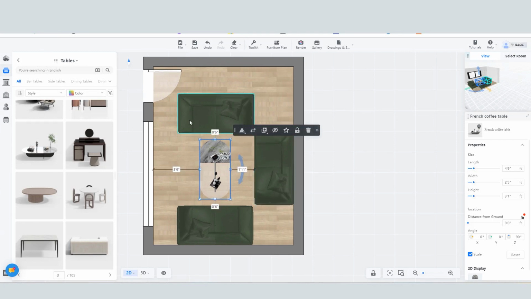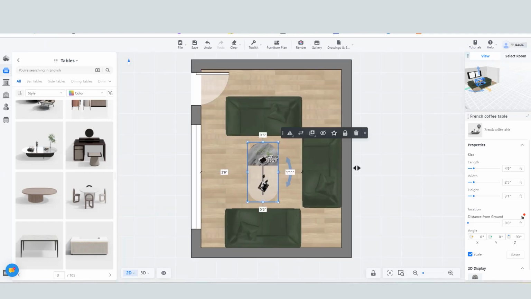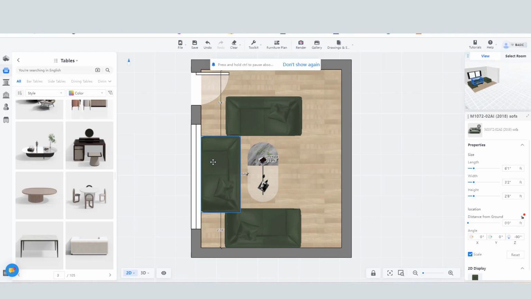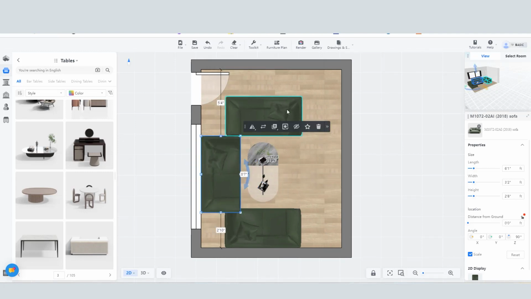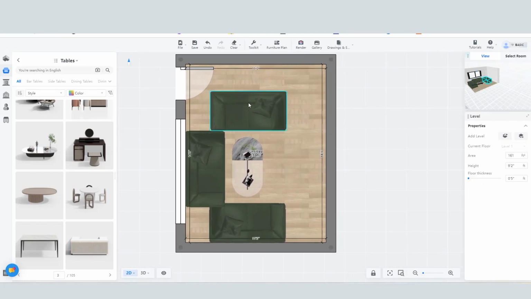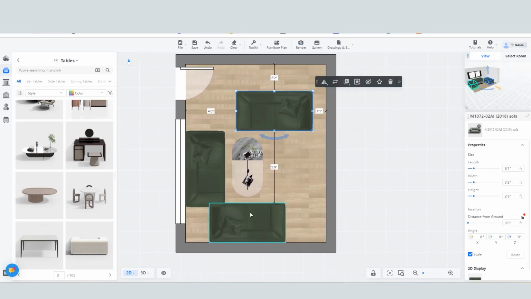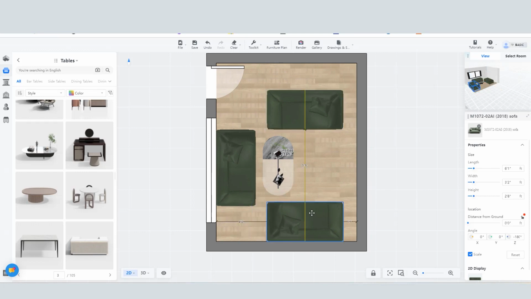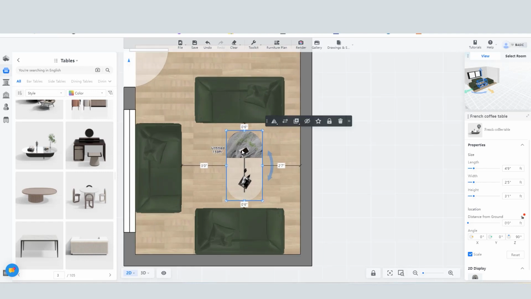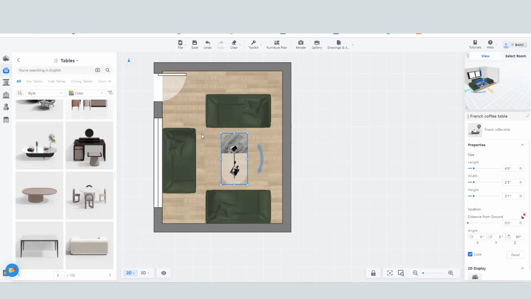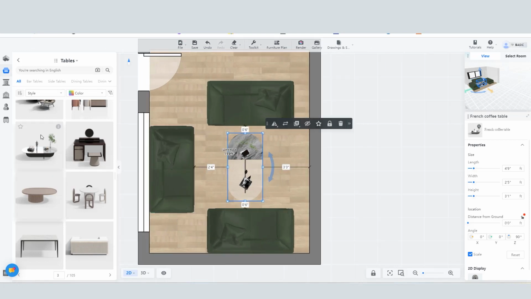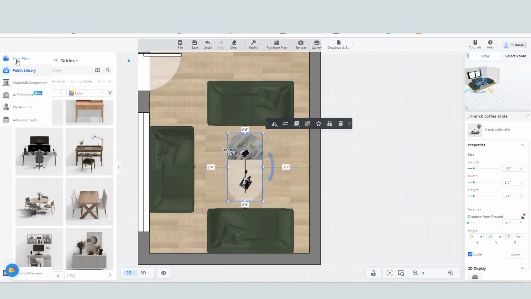Student, if you want to change the direction of the sofa, if you want to put this sofa in this side, and if you want to rotate this, you can rotate it. Just select and move. You can select and move anytime. If you want to put a corner table,